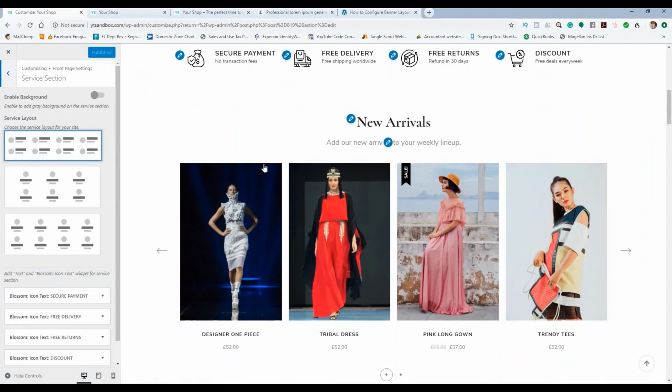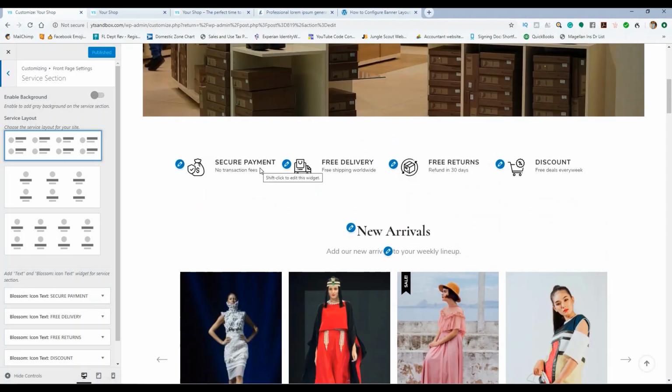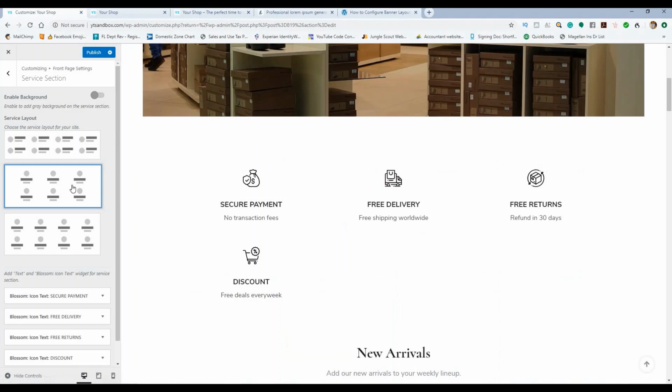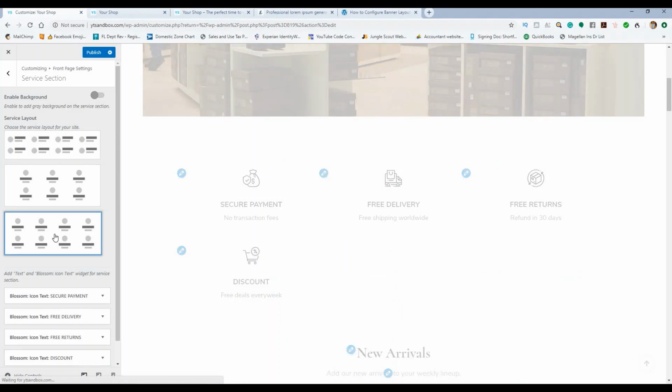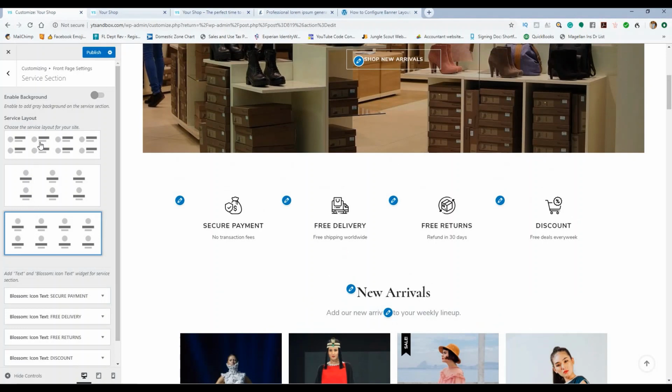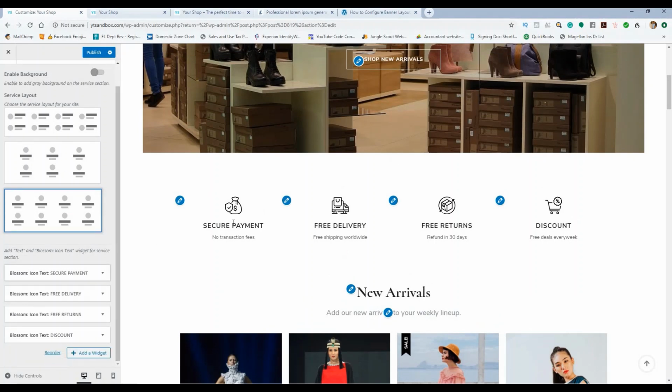Service section. That's this section right here. So you can lay this out several different ways. Just depends on how many services you're offering. It can look like that. Let's see about this one. Yeah, that looks pretty much. That looks good. So then to add the text and stuff, you're going to go on Add Widget,